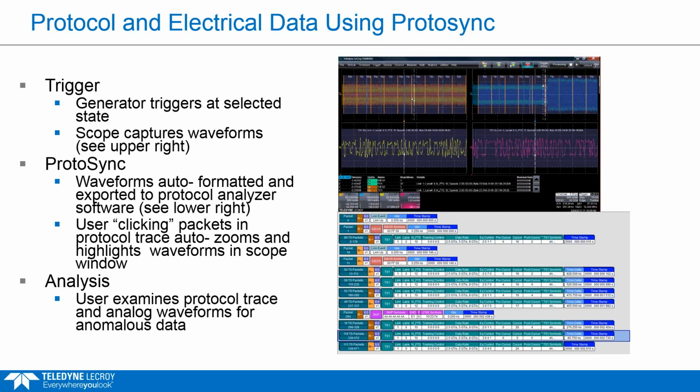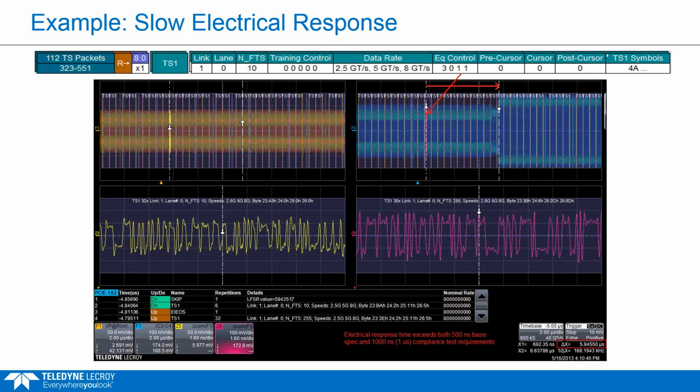Okay, I'm going to jump into some of the examples I have here. What I'm showing here is basically the setup that I just described. We have a protocol view up here, and the electrical view here, and the system is sending a packet, and we're in phase 3. This is where the system is adjusting the add-in card's transmitter equalization. So the system in phase 3 sends a preset request of preset 1. It's saying, I want you to change your equalization settings to preset 1.